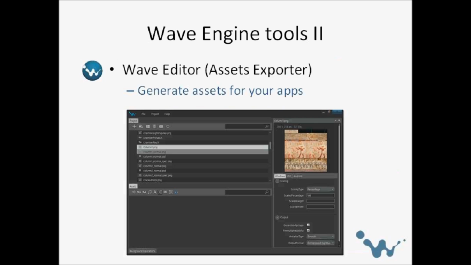We call this format Wave Package, and the extension is .wpk. This is pretty easy to understand. You have all your assets, and all your assets need to pass through a pipeline and be converted to a WaveEngine package.